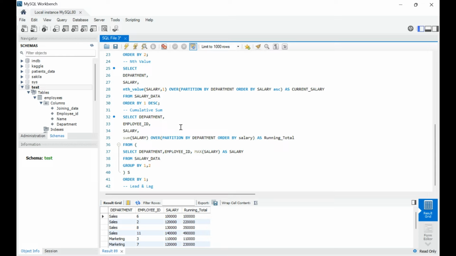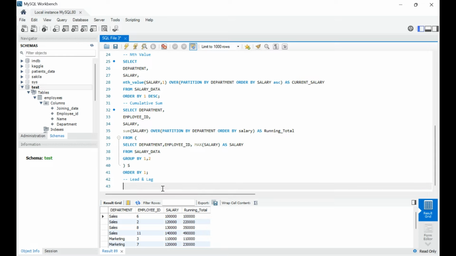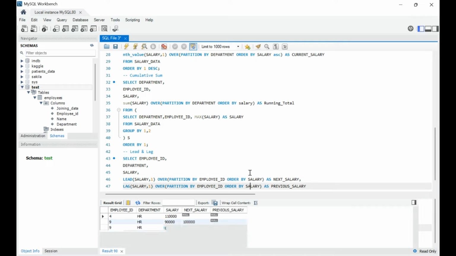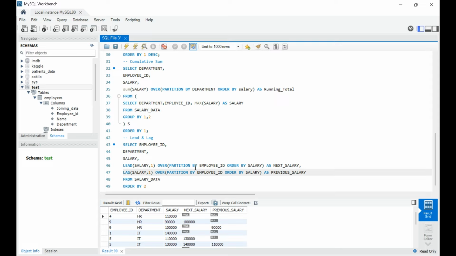Then let's jump on to lead and lag, the last window function which we'll cover today. The lead and lag functions help you compare the values from the previous and next row within a partition. So let's quickly see the syntax of them. Yeah, this is the syntax. And as the names suggest, lead will always give you the next salary, whereas lag will give you the previous salary. Okay. So here, if you see within department HR,